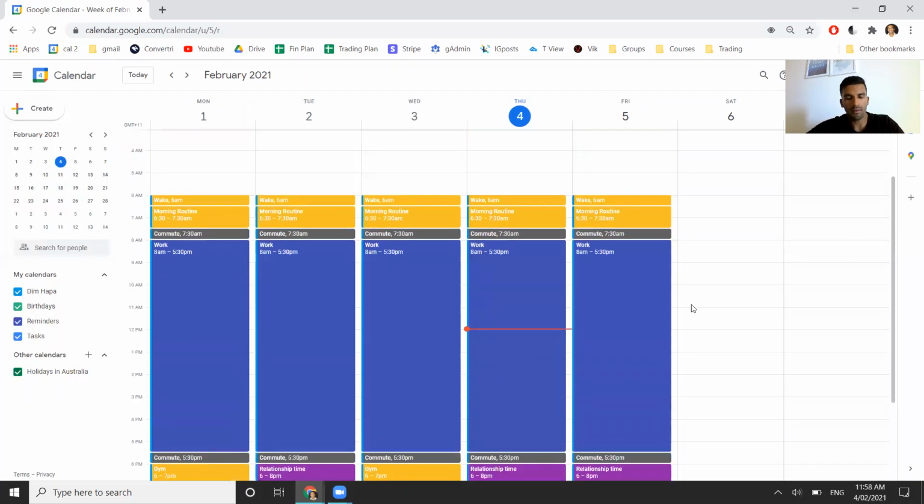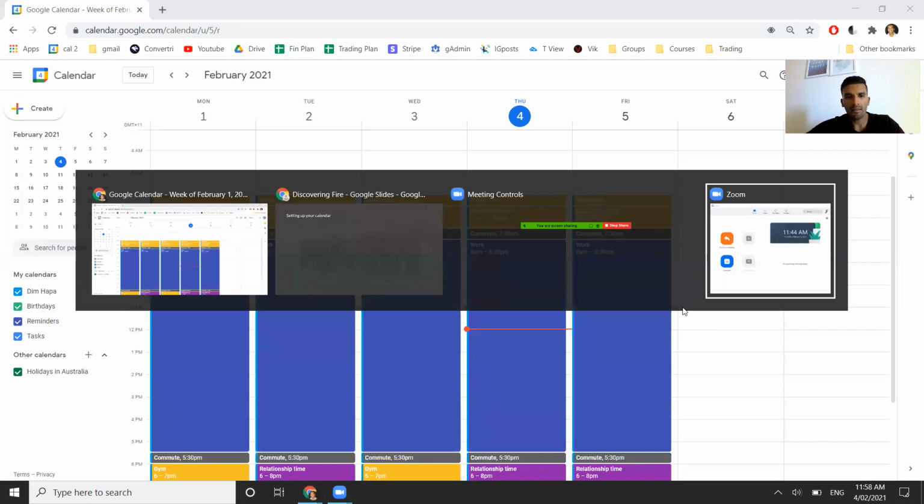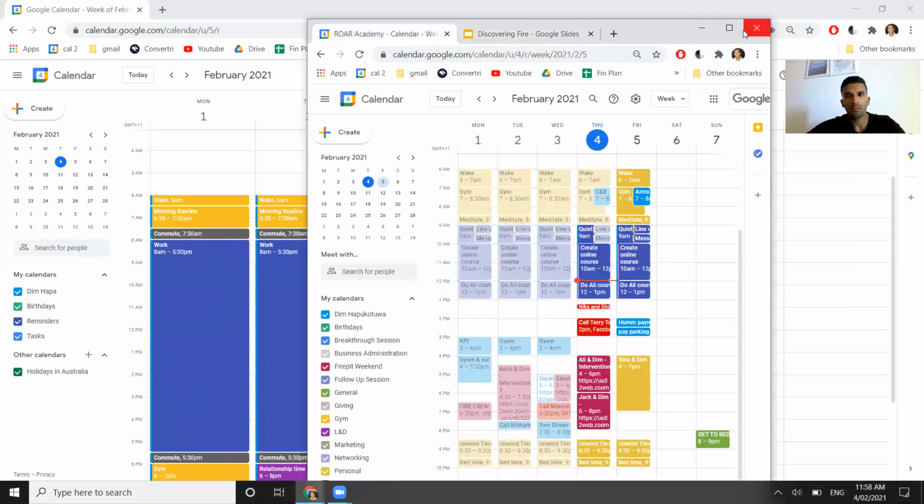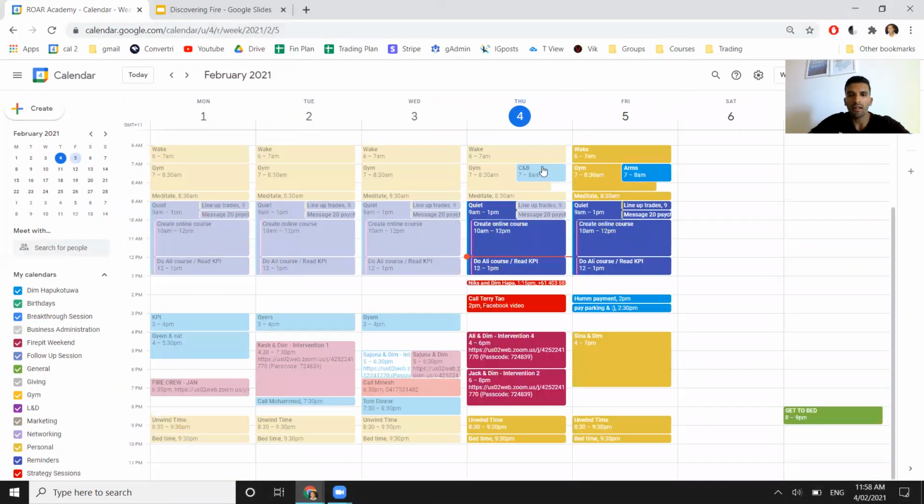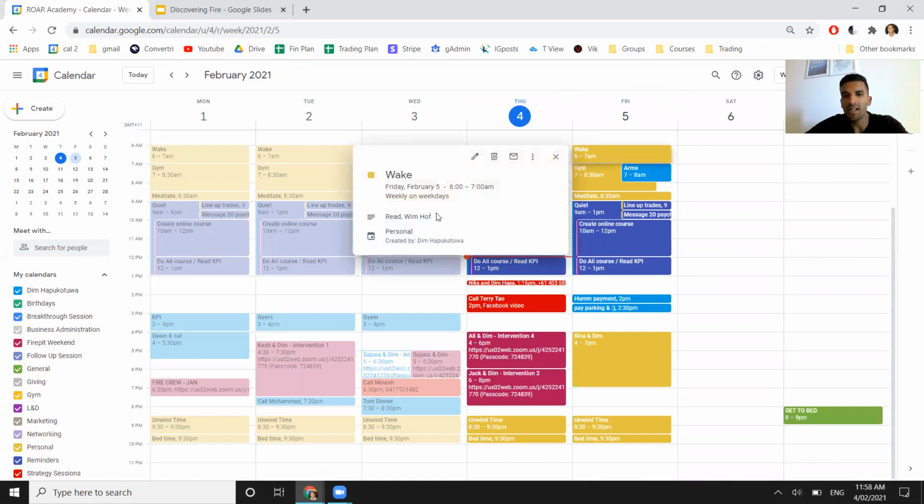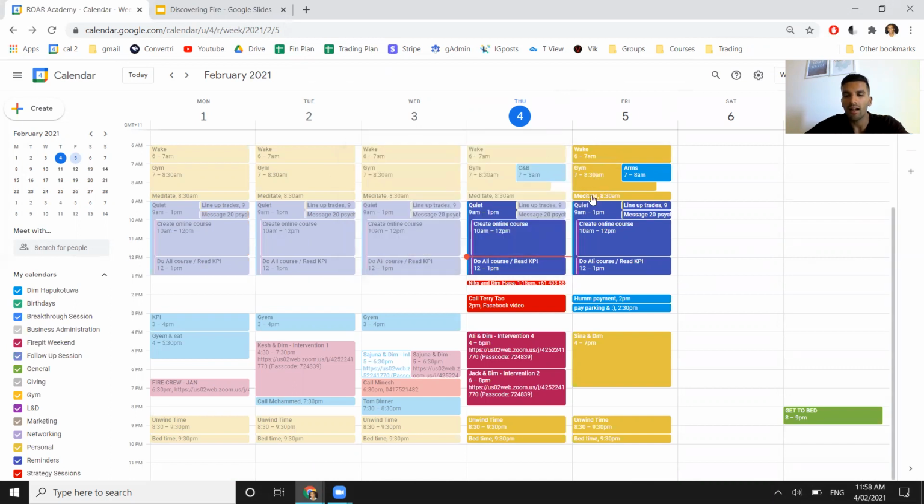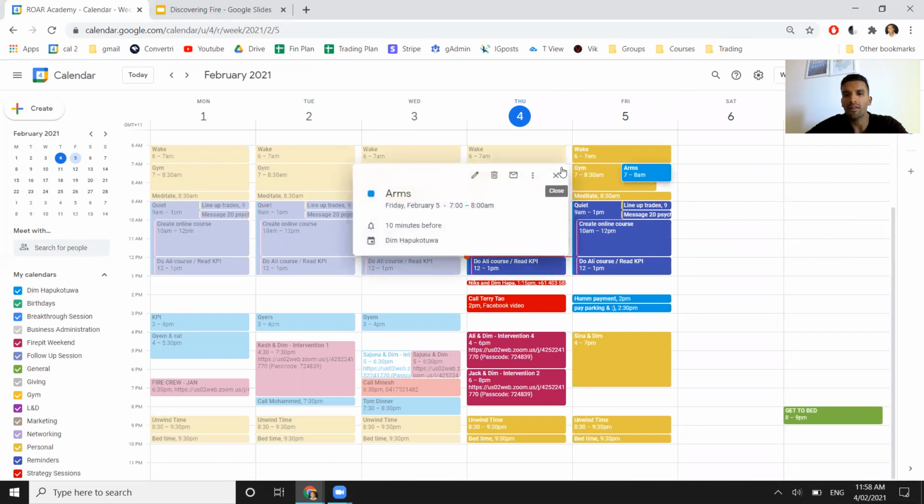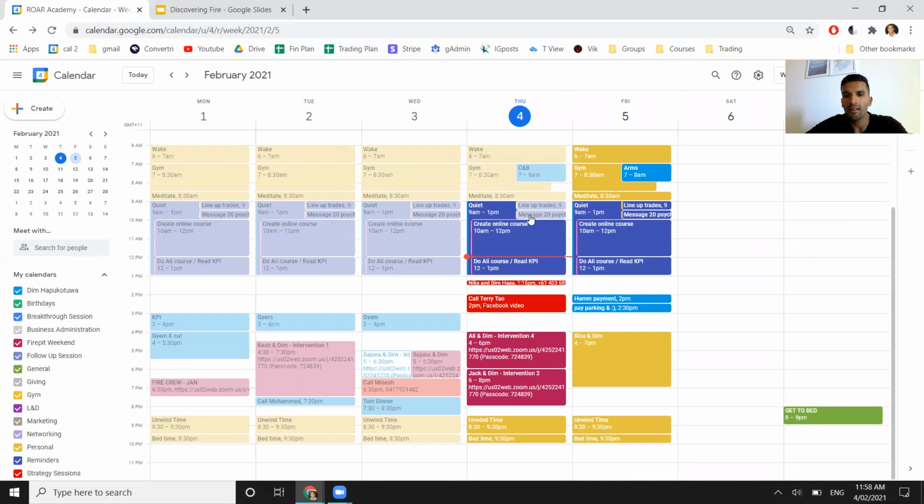So that's an example. And as I said, let me just share mine. So there's mine. And as you can see, I've given an hour for the wake time. And to be honest, that includes my, see, I've written read and Wim Hof because I also do that in that hour. Then I go to the gym and then try to meditate a bit. You can see I've even written what I'm going to do at the gym there. And then I've put in a period here of quiet time, which is like do not disturb time, where I'm